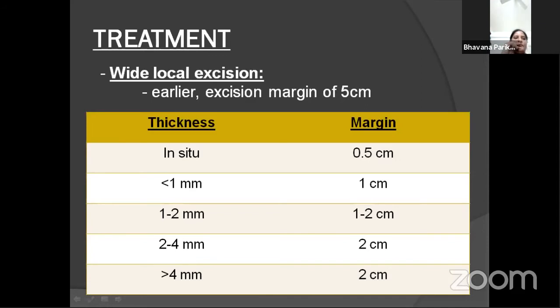Absolutely, sir. Why do we do a punch biopsy also? Because suppose on the face we have a chance of Mohs micrographic surgery, where we take a very small size of tissue, which I think Priya has already mentioned in one of her slides. So it will be coming later. You're absolutely right, sir.